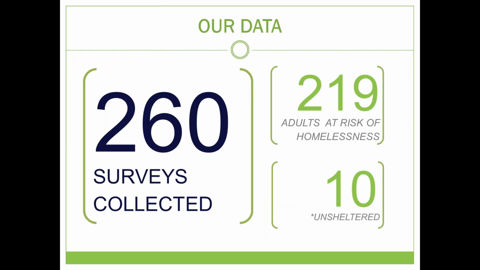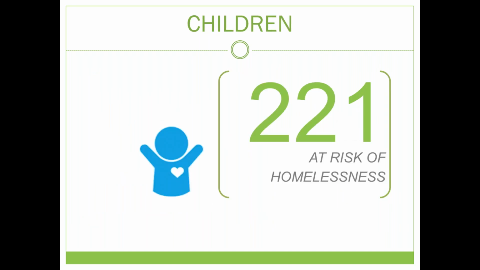At this point, we would like to share some of the preliminary data collected through this project. We collected 260 surveys. 219 adults identified that they were at risk of homelessness, and 10 adults identified that they were without shelter. Children. Data on children was not directly captured through this survey as only clients over the age